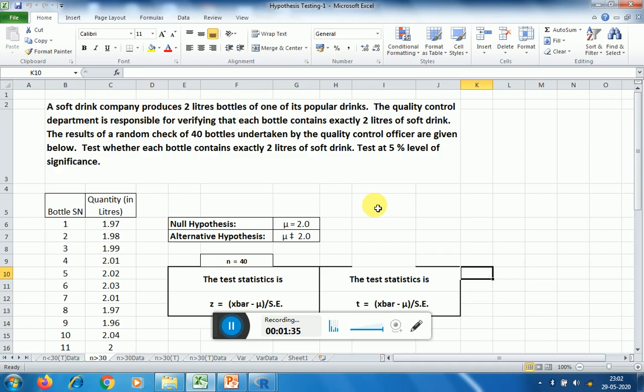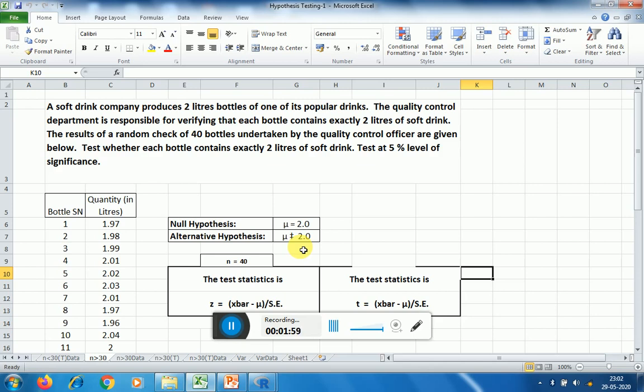So we have to test whether the bottle contains exactly 2 liters of soft drink or it is something other than this quantity. So here our null hypothesis will be mu is equal to 2 and the alternative hypothesis will be mu is not equal to 2.